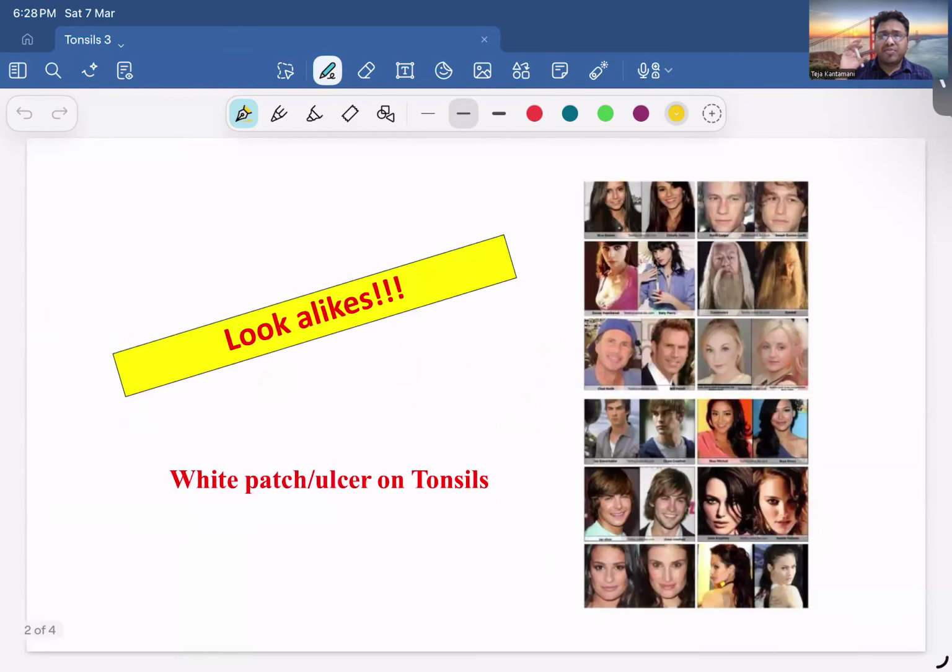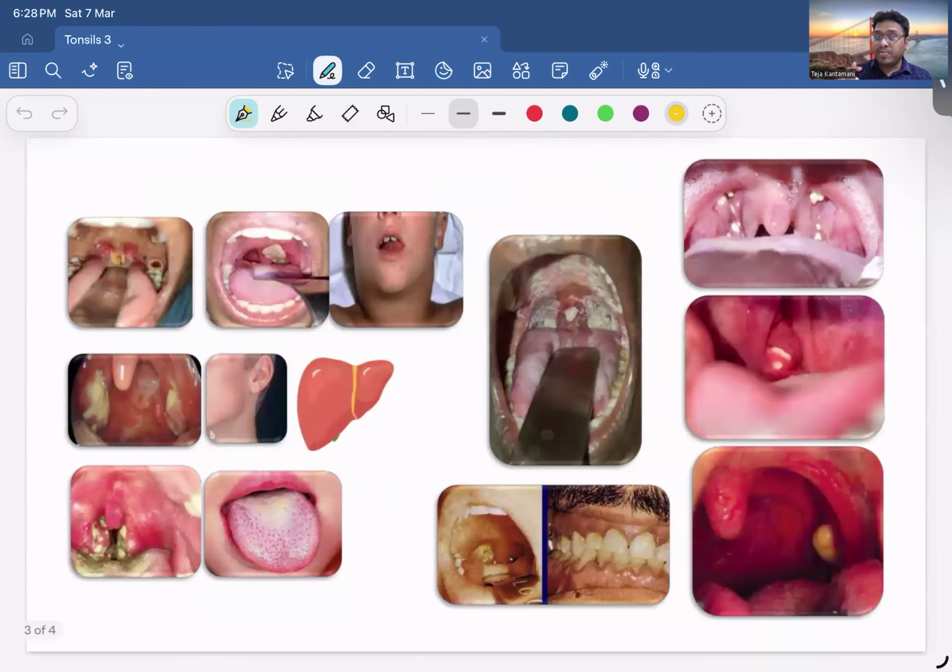So these are different lookalikes which you see in Google. So why am I discussing this? A white patch or ulcer on a tonsil is like a lookalike. You will be given multiple scenarios in your NEET PG, INICET PG and FMGE. You will be asked to identify the different types. So now I am going to make you go through different scenarios of tonsillar white lesions, white patch over the